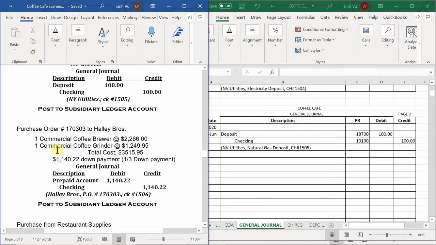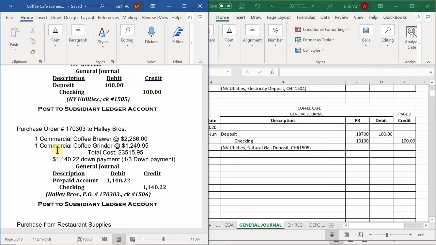So here, I made another purchase order to Hallie Bros, okay? And let's see what I bought. I bought a commercial coffee brewer and a commercial coffee grinder. All right, the information's right there. But because this is a new vendor, they require a third deposit down payment. So in this case, they require me to pay